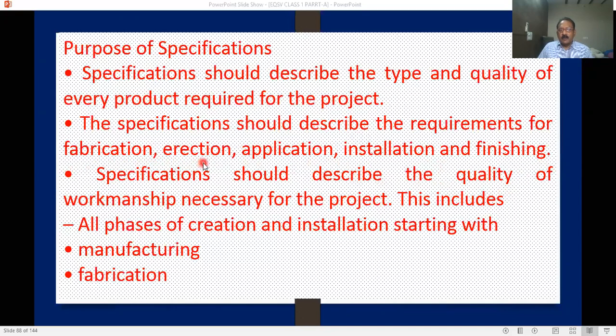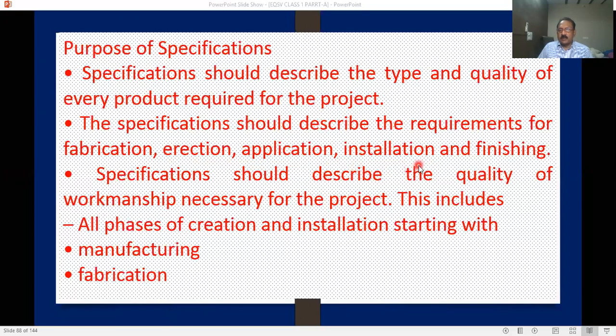Erection: suppose an architectural statue or architectural pillar column is required in your building. How to erect it? What is the application of that item? Installation is also very important.